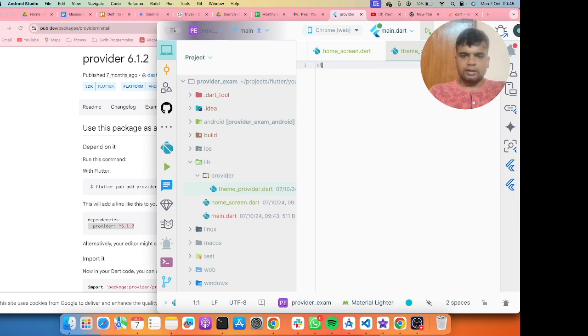After that I will create the class theme provider and extend it with the change notifier.